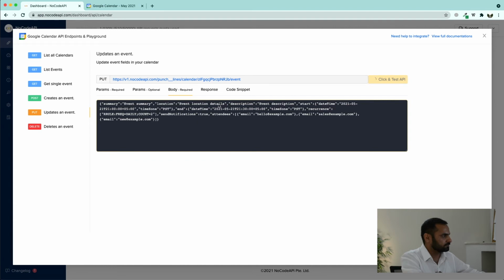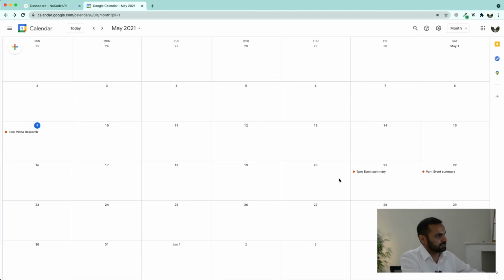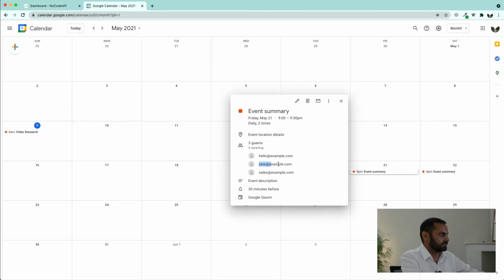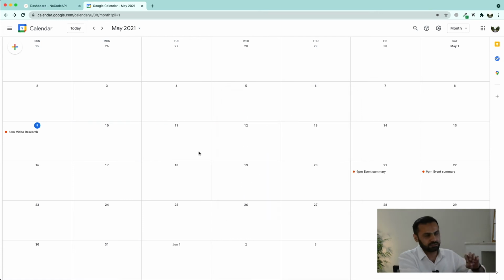Run this endpoint, and it should add the third invitee as well. So you can see new at example.com has also been added to this event.